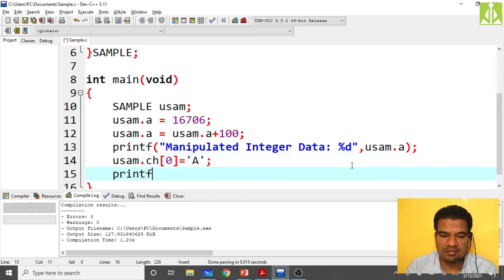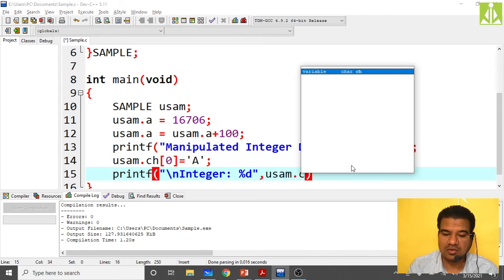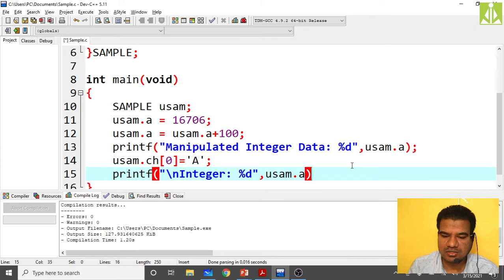So I am printing printf integer backslash n. We will see whether integer is still there or not. Integer colon percentile d comma usam dot a. We are printing integer data now.